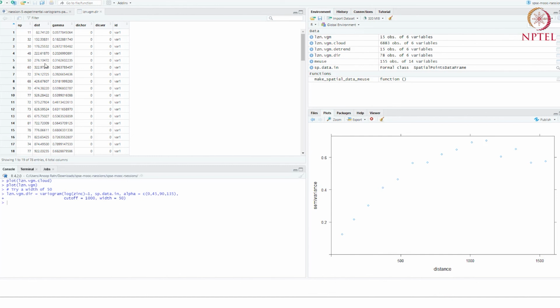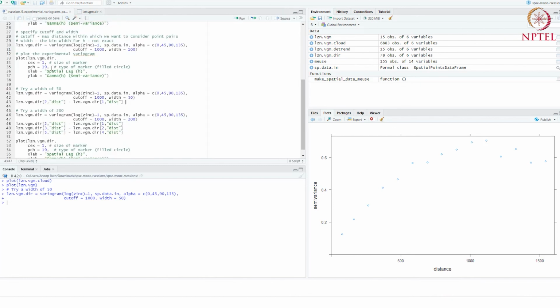These values are not equal, they're roughly equal. So when you say a width of 50, it's not going to give you a width of exactly 50. If I subtract the distance for the first bin from the second bin, I don't necessarily get 50, I get 49.57. So that's close, but not exact.